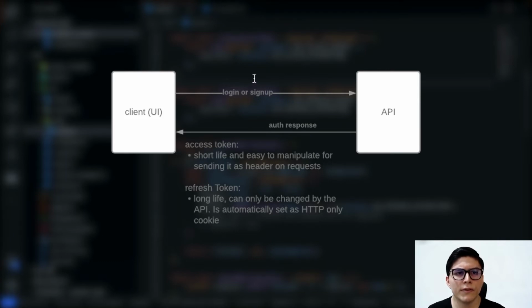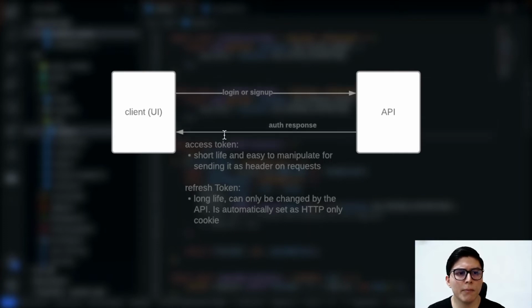And at the end of the day, that token is expected to live for a short period of time. That could be, for example, 5 minutes. Once the access token has expired, it can no longer be validly used for making requests to our API. And that's when the refresh token comes into place, because the refresh token can still verify the identity of the user for a longer period of time.